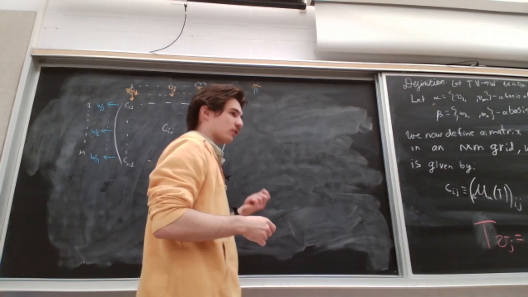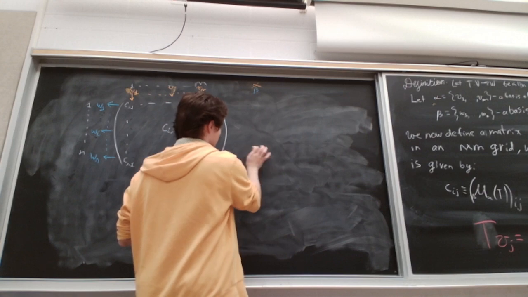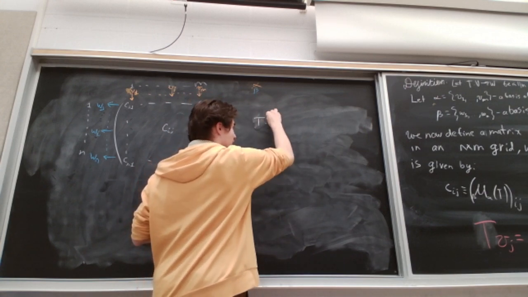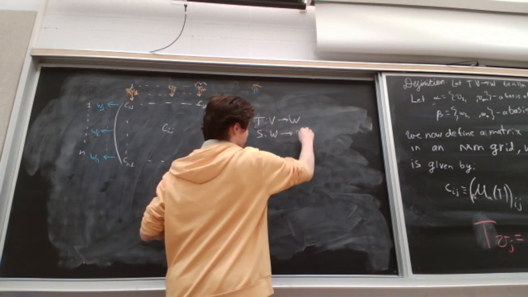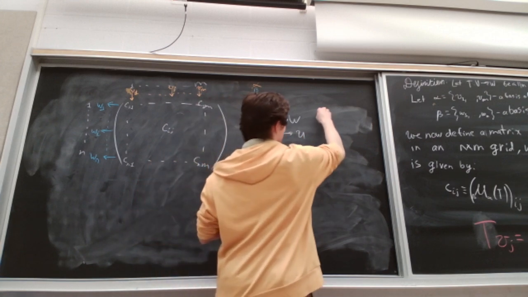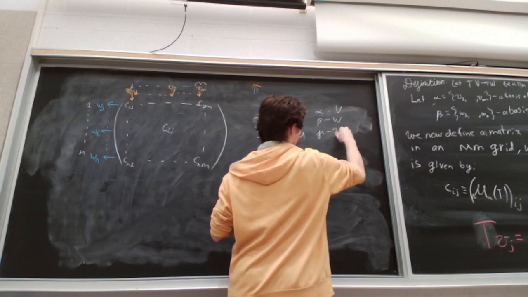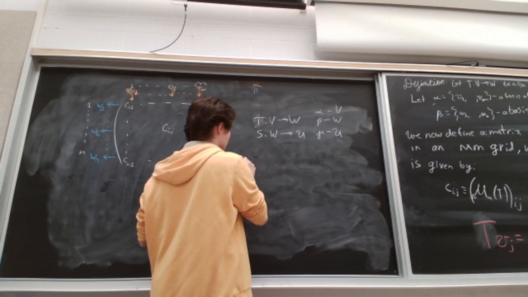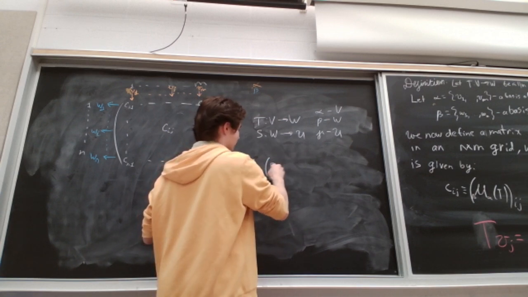The point is that matrix multiplication was defined specifically for the reason that if you had a linear map T from V to W, and a linear map S from W to U, and some bases alpha, beta, gamma, where alpha is the basis for V, beta for W, and gamma for U, then matrix multiplication was defined in such a way that the matrix from alpha to gamma of S composed with T